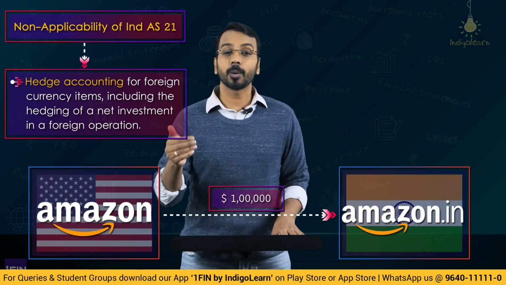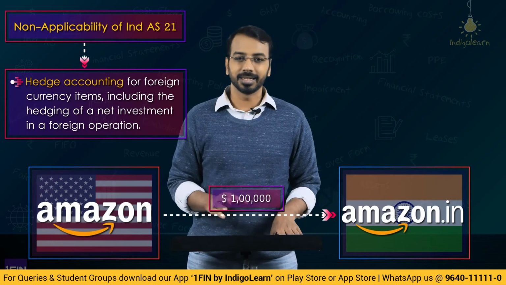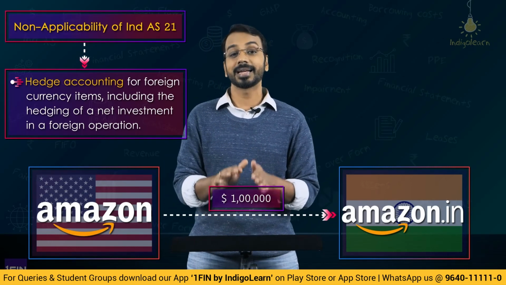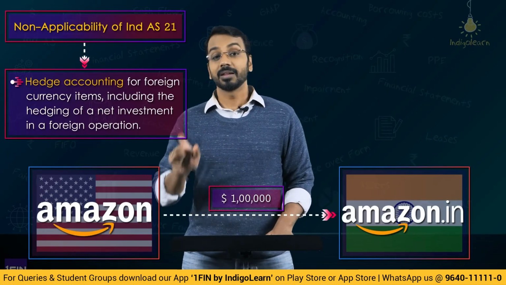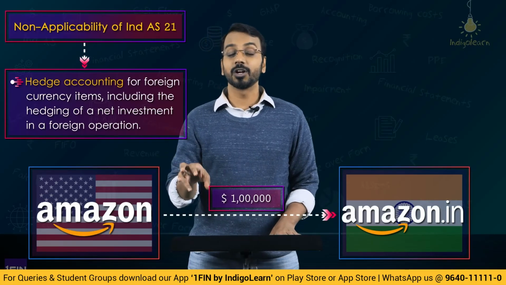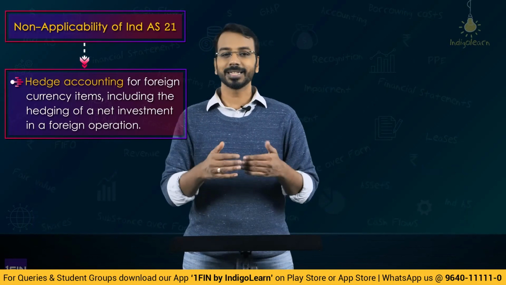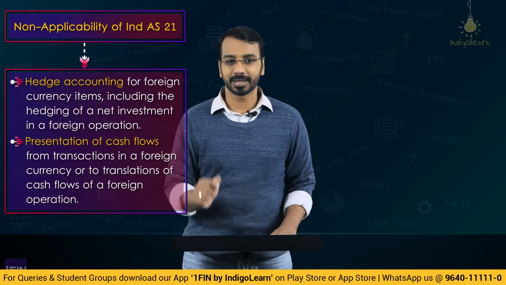They may take appropriate hedges to safeguard their investment in the Indian entity. So, basically, the risk associated with currency fluctuations can be avoided if they take a proper hedging position. Now, that hedge accounting part is covered under Ind AS 109 and not under Ind AS 21. Then the second exclusion is when we have to present cash flows arising out of foreign currency transactions or foreign